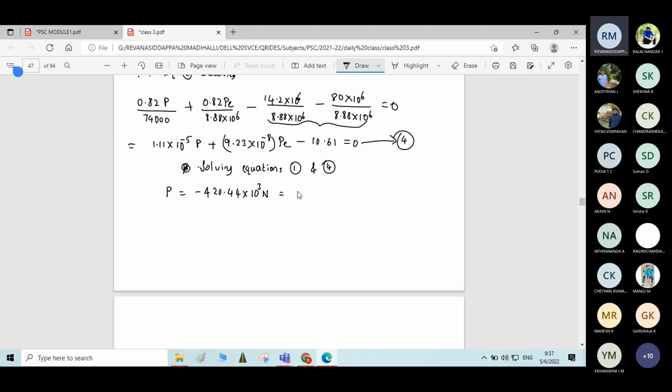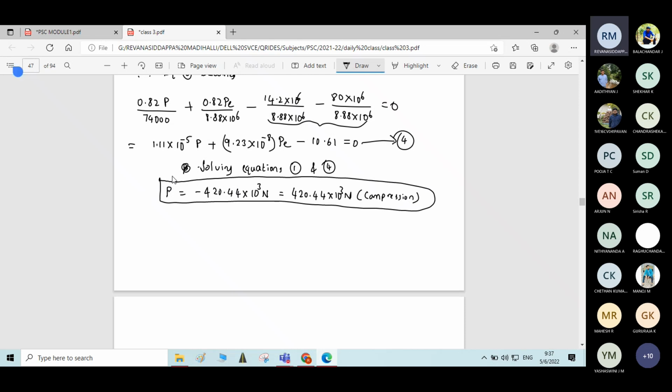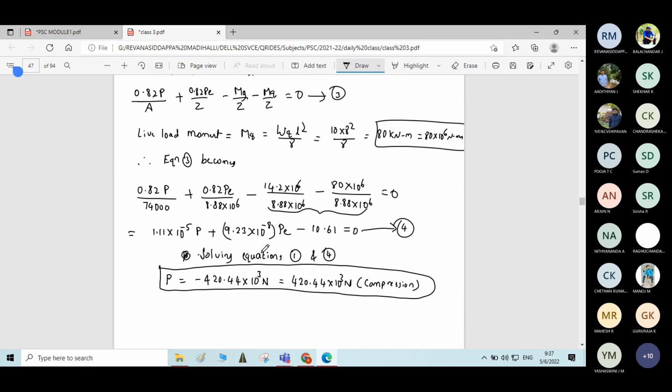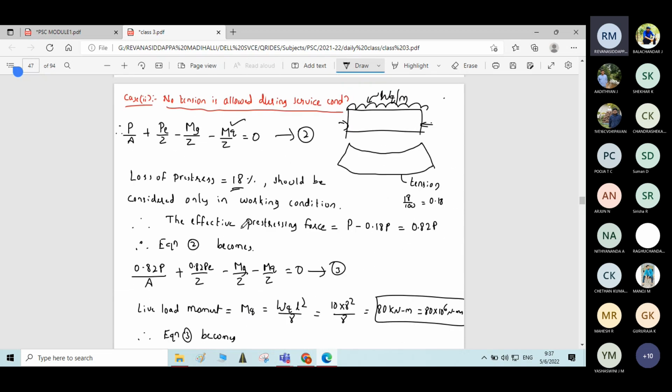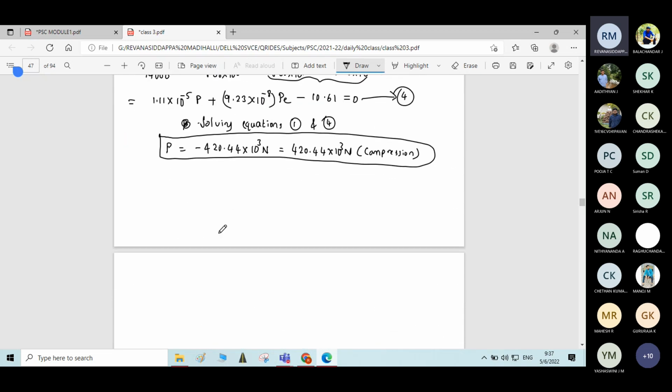You can rewrite the answer as 420.44 into 10 power 3 Newton. Nature of force is compression. Okay. So this is the prestressing force. Similarly, if we calculate the value of PE, okay, by taking PE as Y, unknown parameter,